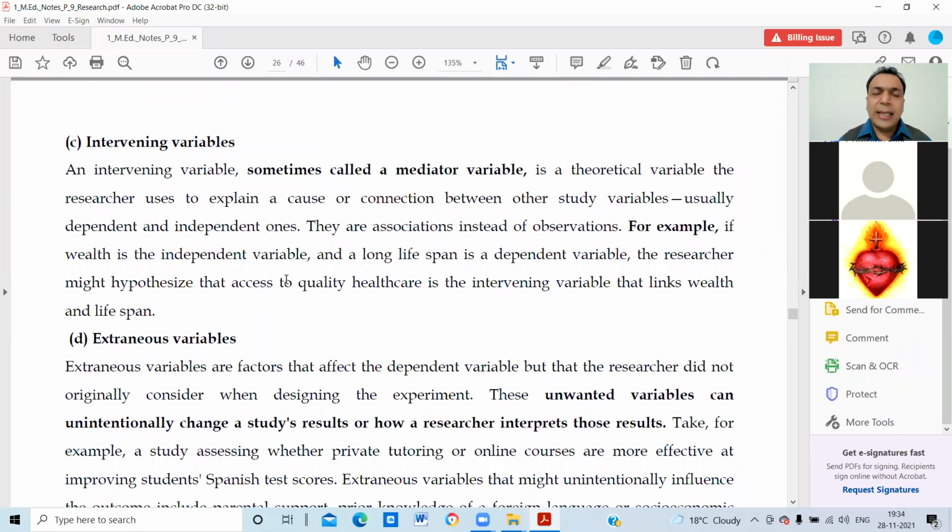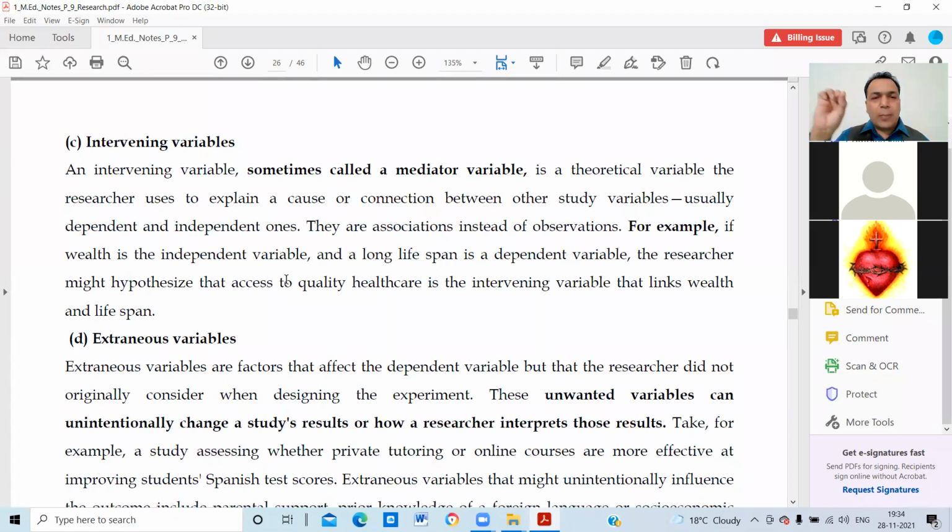You want to check the teaching style of the teacher in the class, and you are assessing. But what is happening? Behind your school, a train is moving. The noise of the train is creating a problem in the teaching method of the teacher and the students also. Such a variable which intervenes in things is called an intervening variable, like background noise or noise from a different class, right? You should be a little bit aware of these variables.